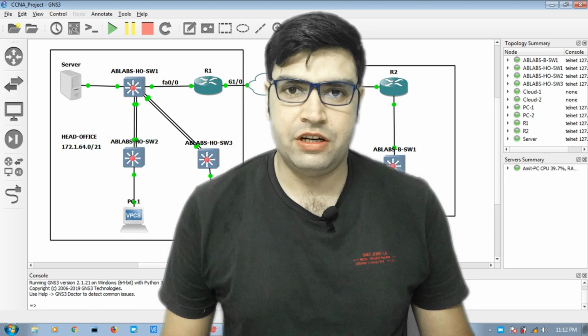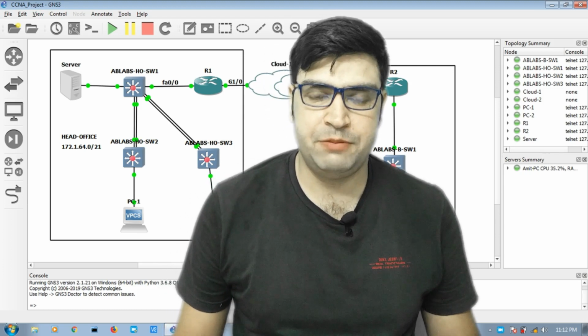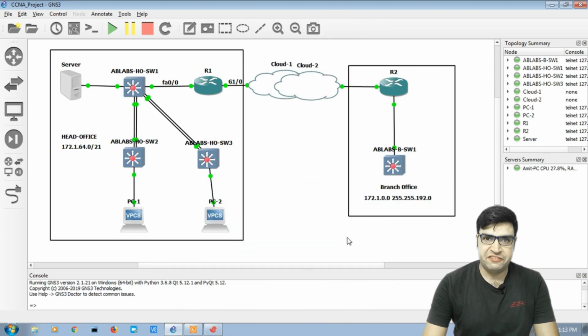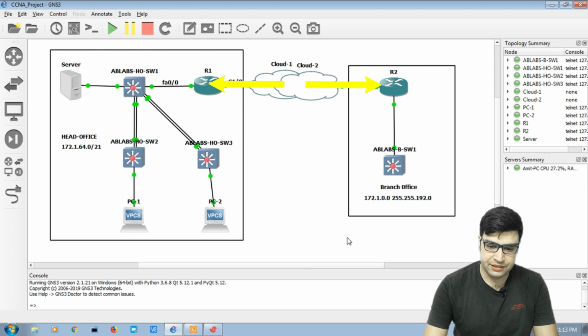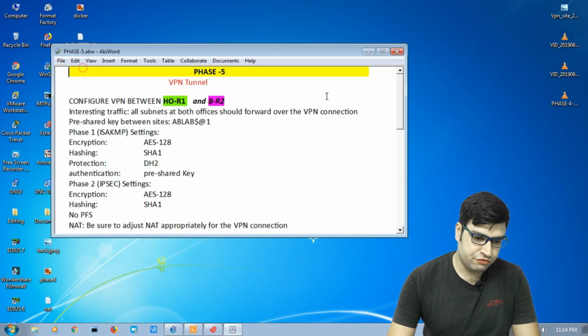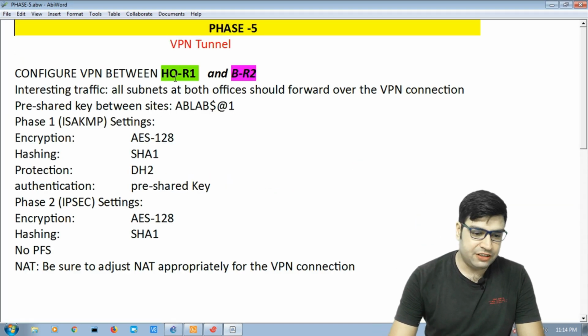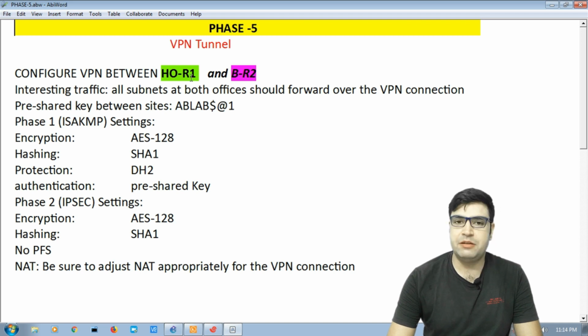Today I am completing phase 5. It is based on VPN connectivity between the head office and the branch office. Let's begin with the configuration of the site-to-site VPN connection between router 1 and router 2. Between router 1 and router 2, we have criteria given by the customer. So phase 5, the customer gives us the configuration of the VPN between headquarter router 1 and branch